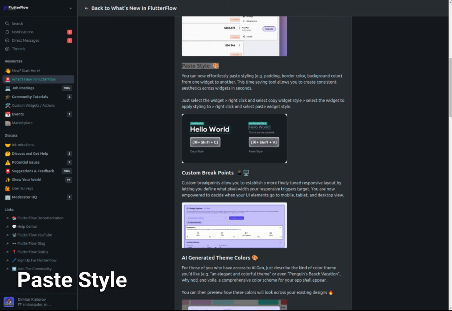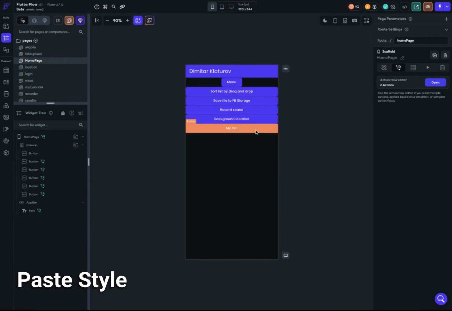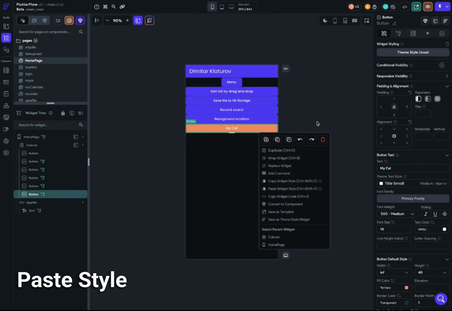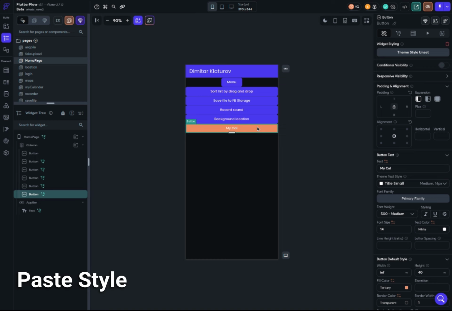And let's go to my project and switch to my project. Right now, if I click on the right button, if my screen is like that on the scaffold, you actually do not see this menu because I'm clicking on the scaffold and not on the button itself. But if I want to copy the style from the button, I am